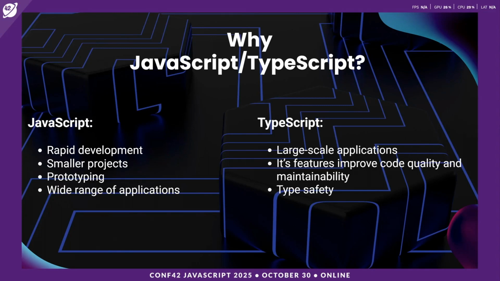And then we have TypeScript, which just makes JavaScript better in certain ways. It's better for larger scale applications because having the typing makes it easier to understand code bases, and it can also improve your code quality and maintainability, as it's a bit like self-documenting on its own. And it also provides type safety, which can be good for reliability to ensure you're using correct types, especially if you're working with libraries. So you're less reliant on external documentation.